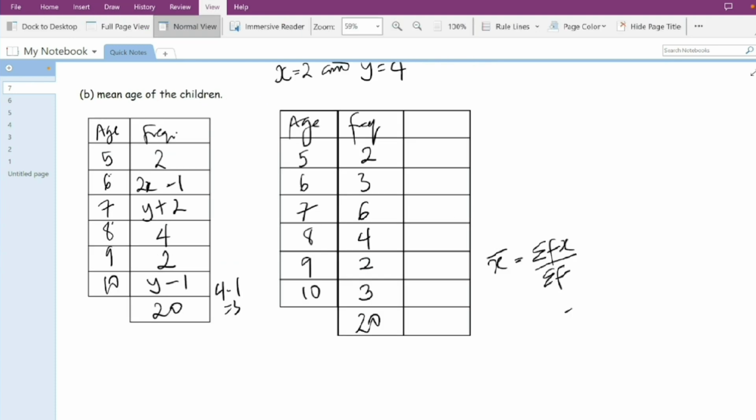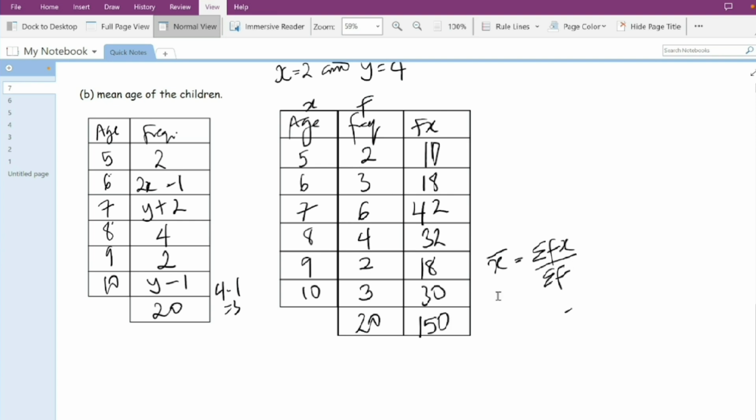That means we're correct. We have our x to represent the ages. Then we have the frequency for our f. So fx means f times x. That's 5 times 2 is 10. Then 6 times 3 is 18. 7 times 6 is 42. 8 times 4 is 32. 9 times 2 is 18. Then 10 times 3 is 30. Then we know this is summation of fx, addition of all of these numbers. So we have 10 plus 18 plus 42 plus 32 plus 18 plus 30 will give us